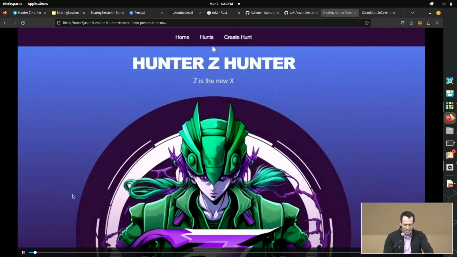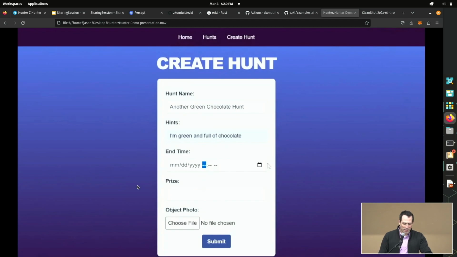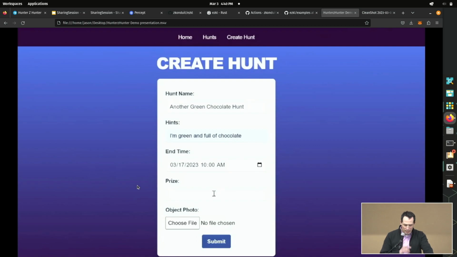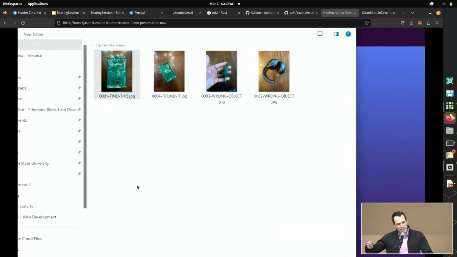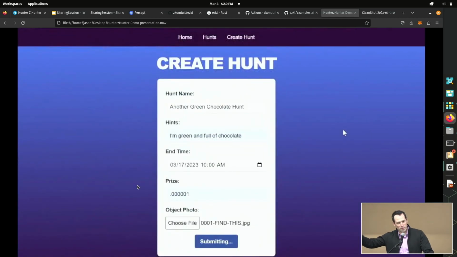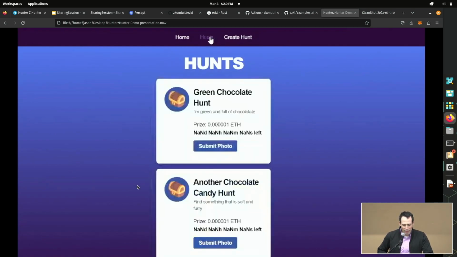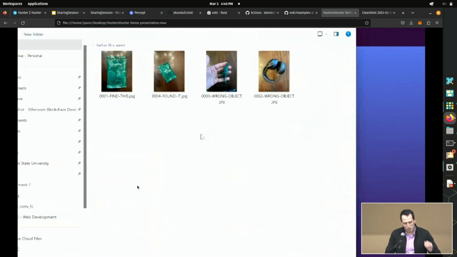And the basic idea is you create a hunt, you give a hint like I'm green and full of chocolate, you give the hunt an end time, and you choose a photo that's your target photo. This enrolls the image using a zero-knowledge proof, with Ezekiel running in the background. Then the hunt is created, and then you can, as a player, see, oh, here are the prizes for the different images. If I can find the photo that will unlock this, or that will make this neural hash, then